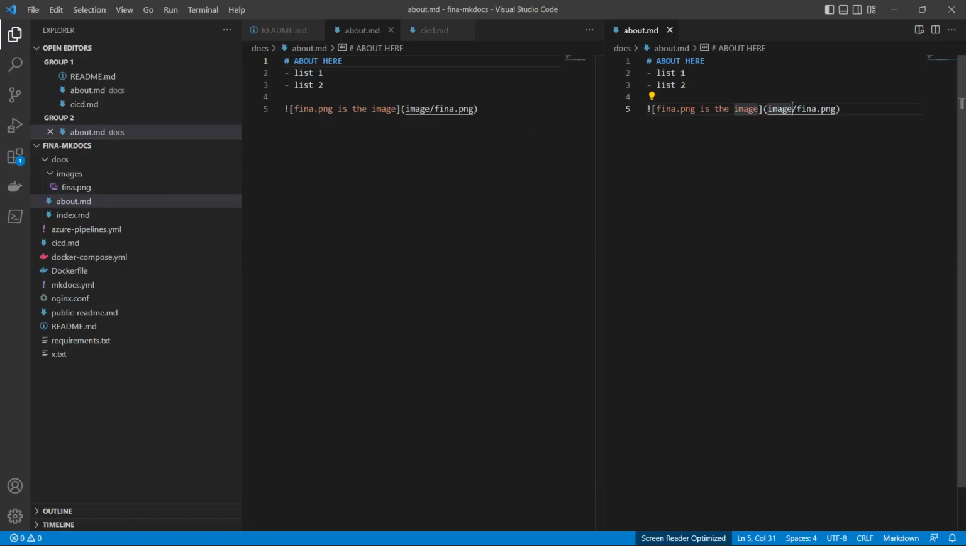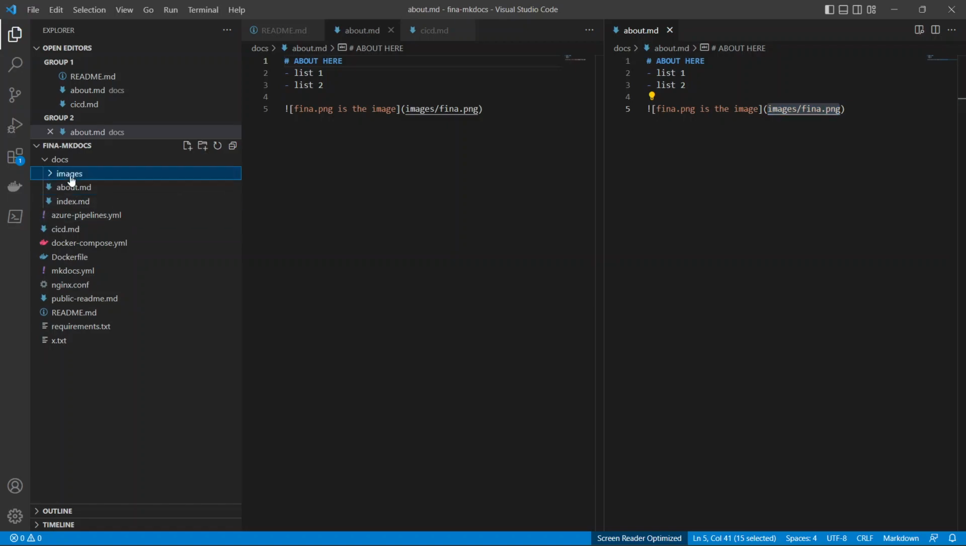And this location here, this directory here, this locator should be relative to where your file is. So this is image, this is Fina dot PNG, and if you're going to link an external URL, you're going to put the URL here with the HTTP or HTTPS with the domain name. Okay, so with that, let's again